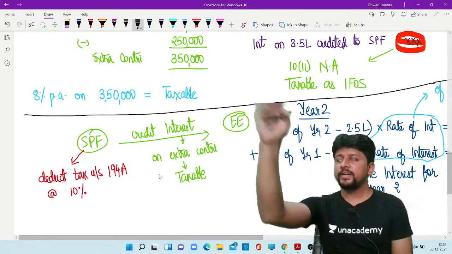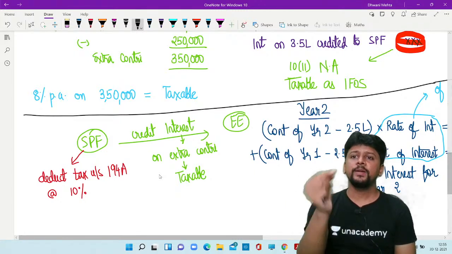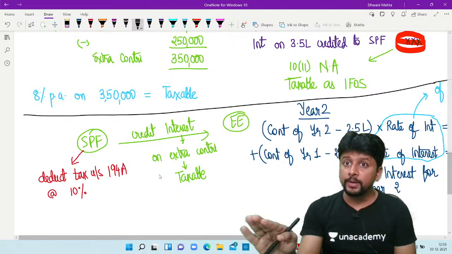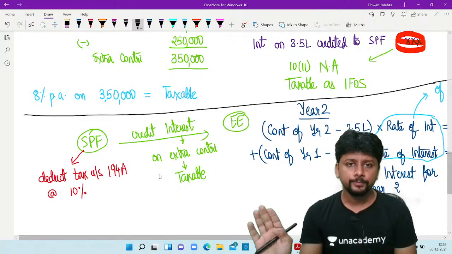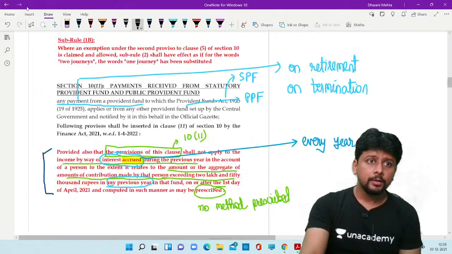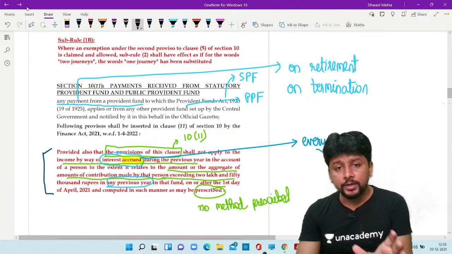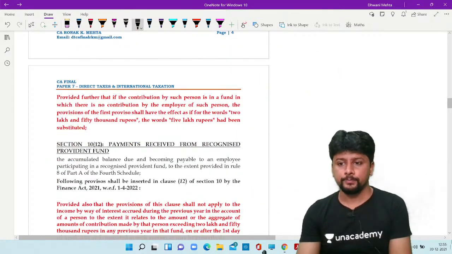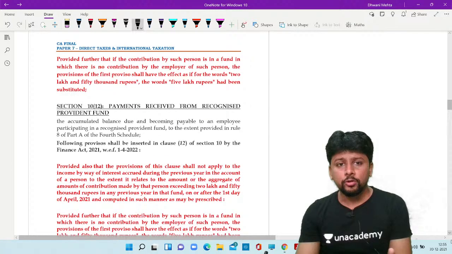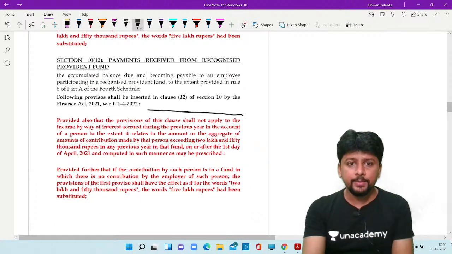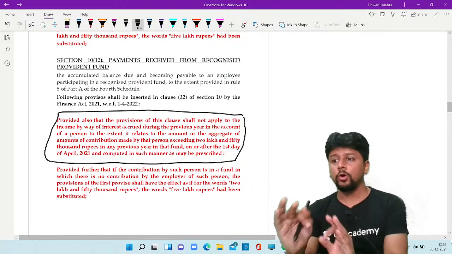Give exemption on the lump sum amount at the time of retirement. But every year the interest accrued should be taxed every year, so that there is no complication in TDS and no complication in computation of income. And this type of amendment is introduced for recognized provident fund also. Section 10(12) talks of recognized provident fund, and the same amendment is drafted in 10(12) also,